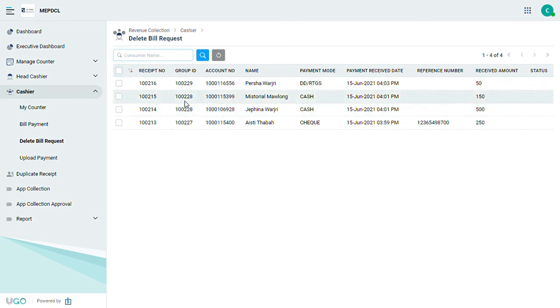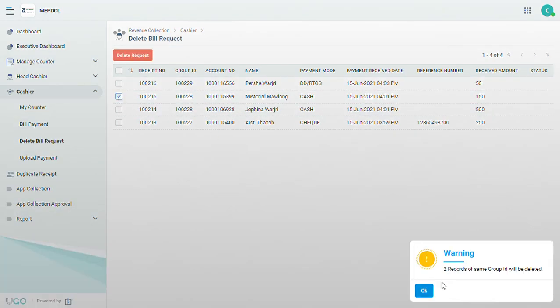Like in case of these two consumers, they have paid in multiple payment mode. If you want to delete one, you get the warning that two records of same group ID will be deleted because they have paid in multiple payment mode.